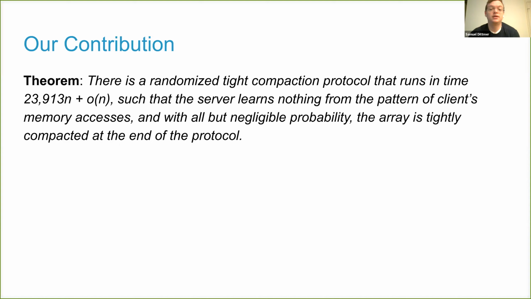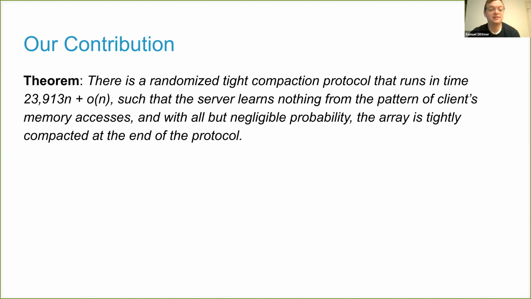And what we do is we give another big O of n algorithm that improves the constant to about 23,000. At a very high level, the way you can think about this is that we started with the ORAM paper and we asked ourselves, if you remove the requirement that this algorithm needs to be deterministic, and then you start paying attention to constants, how much can you change about the algorithm in order to make it a lot faster, and how fast can you get? Unfortunately, 23,000 n is still not exactly fast, but